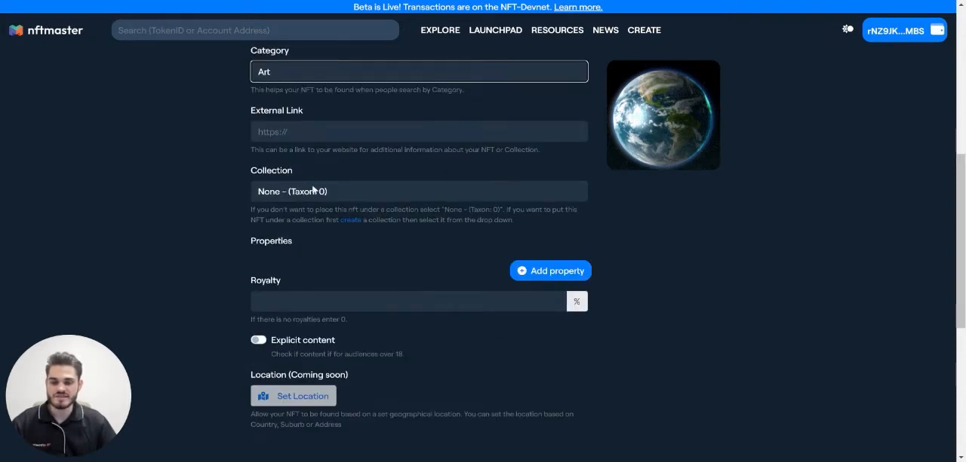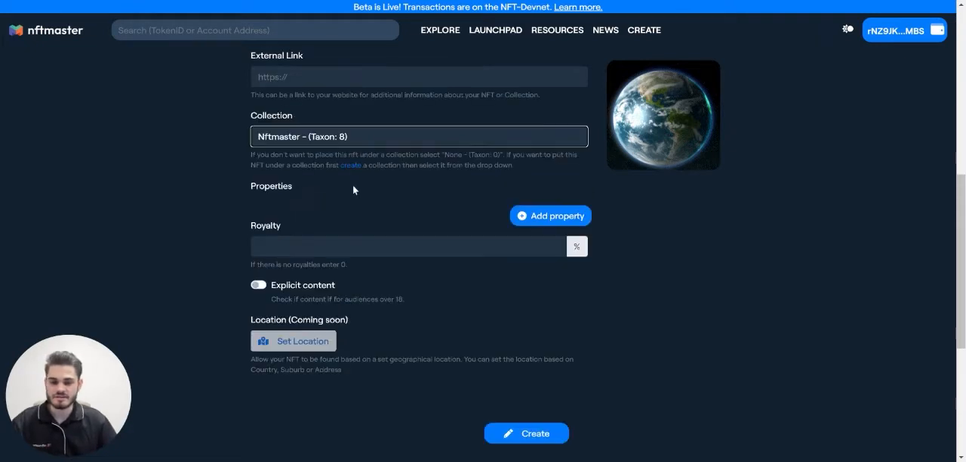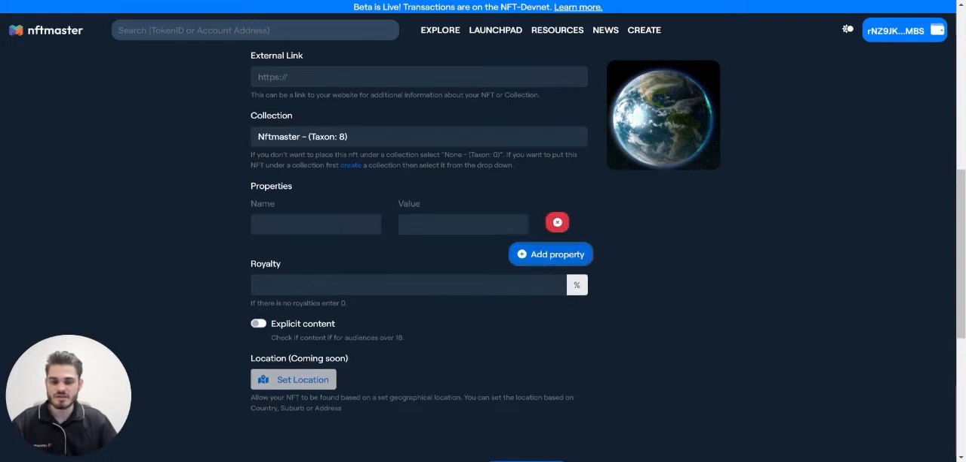The next field we have is the collection, and this is actually a drop down. So if you select this, we can see the name of the collection that we had prior and its taxon number, which is essentially like an ID. Now that we've selected the collection, we could add some properties. So for example, we'll put planet and Earth,